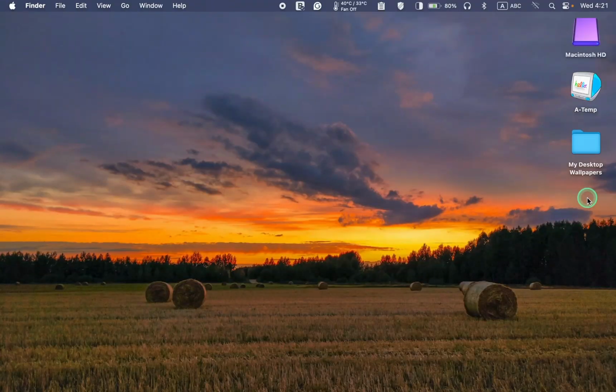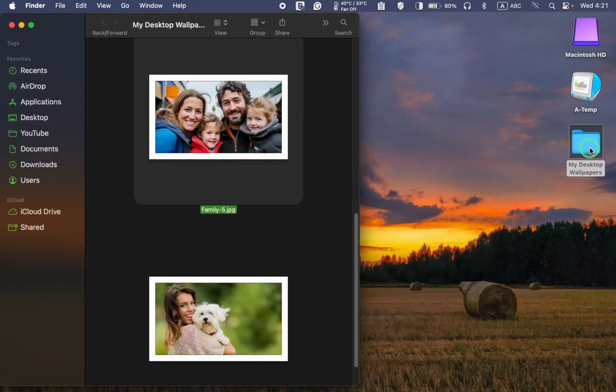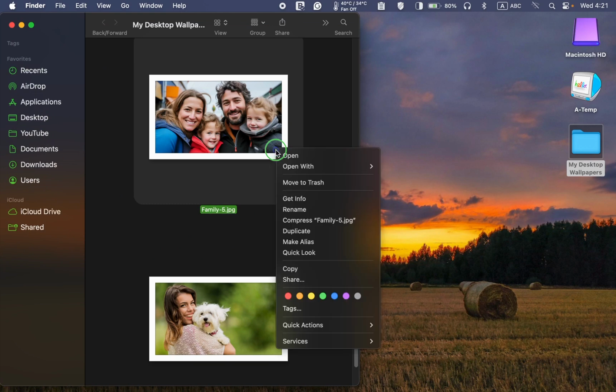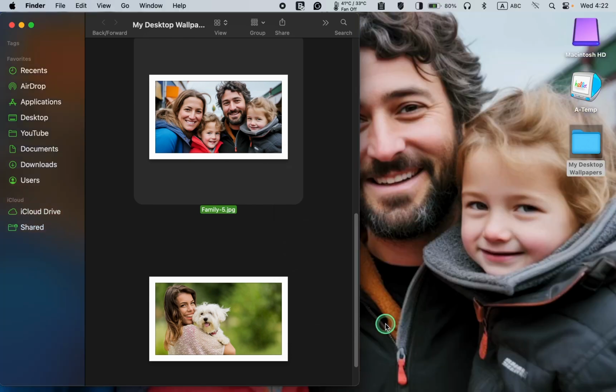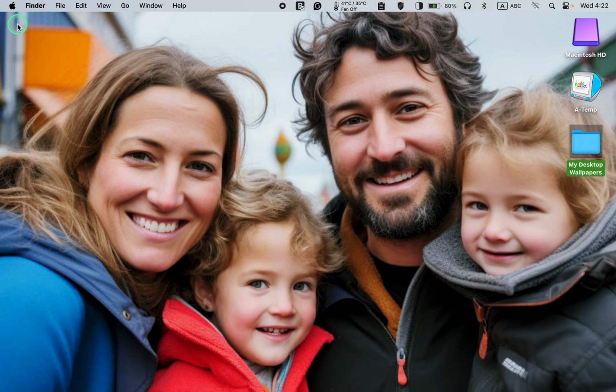To replace your current wallpaper with one of your photos, right-click on it and move your mouse pointer to Services. Select Set Desktop Picture and release your mouse button. This is how easy it is to personalize your desktop wallpaper on your MacBook Pro, MacBook Air, iMac, or Mac Mini. To change it to a different wallpaper,